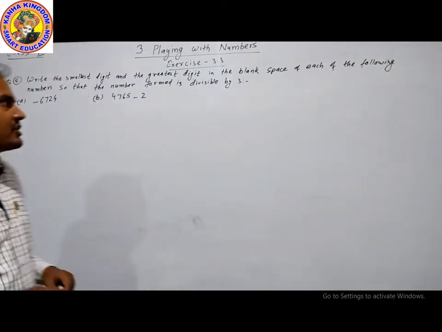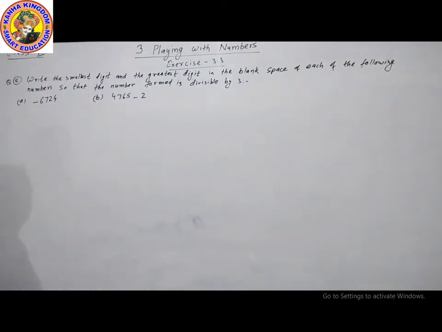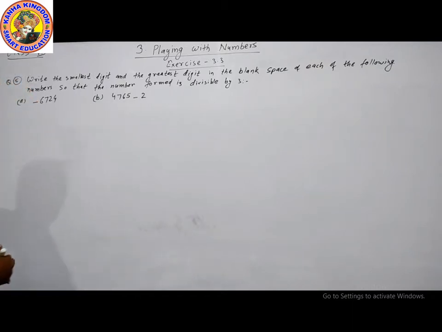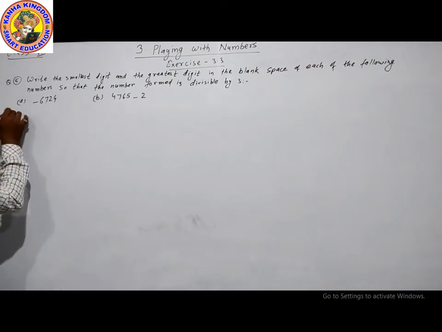Now our next question is question number 5. Write the smallest digit and greatest digit in the blank space of each of the following numbers so that the number formed is divisible by 3. First of all,